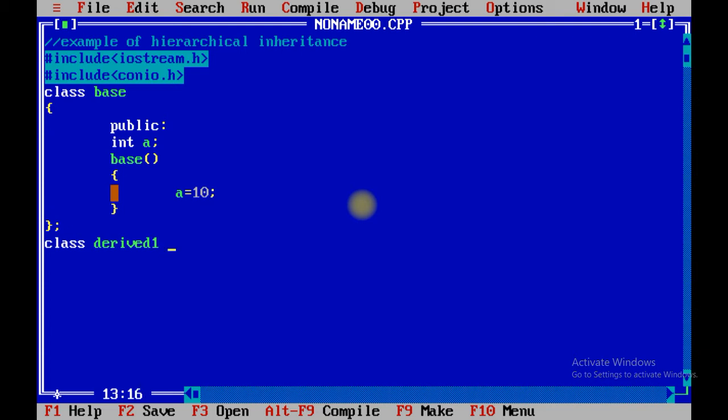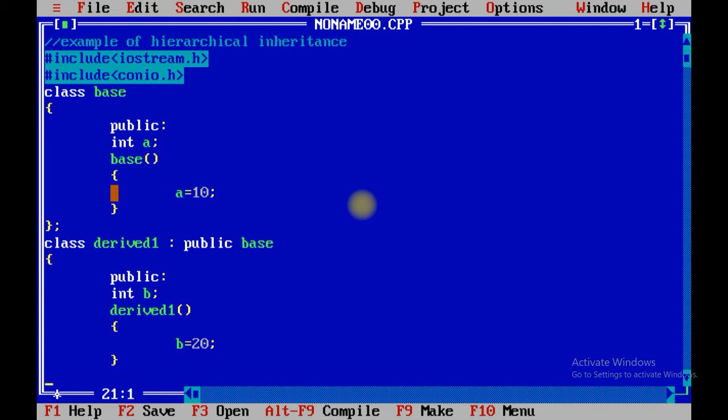Over here you need to understand public, we are going to make base as a public. Now we are going to create public integer b, derived 1, b equals 20.